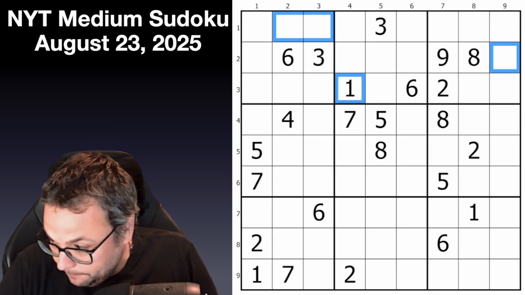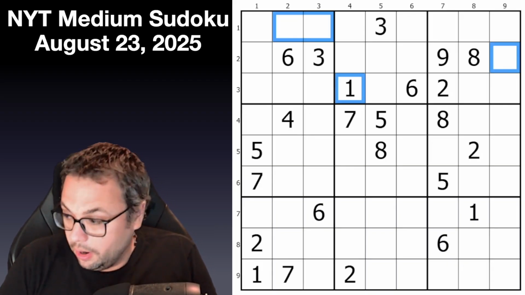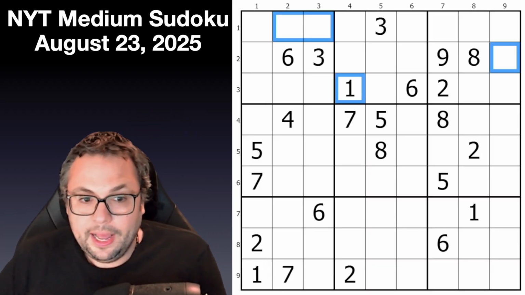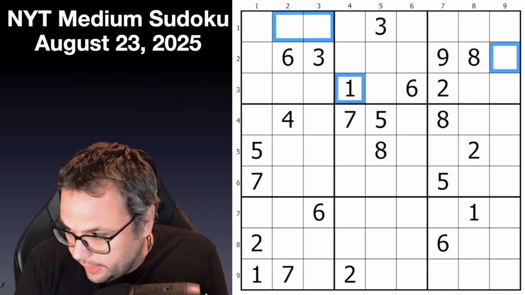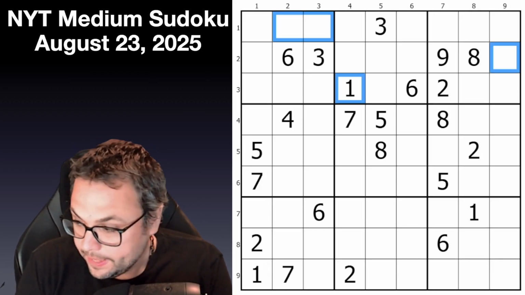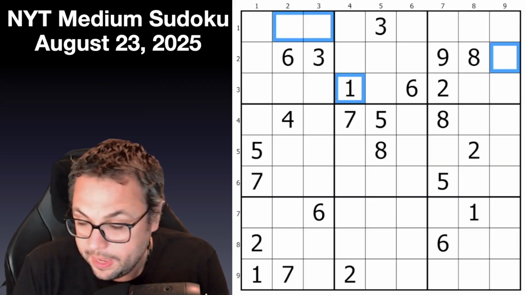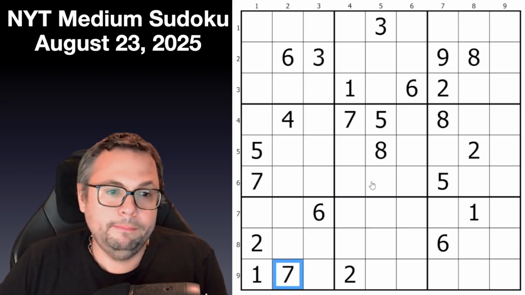All right, so next time, we're going to have a look at the New York Times Hard. So we're going to talk about triples, and we're going to focus a little bit more on actively looking for hiddens. And so hidden pairs and hidden triples. Okay. And so just to whet your appetite a tiny bit, I want to point out that if this were a hard puzzle,